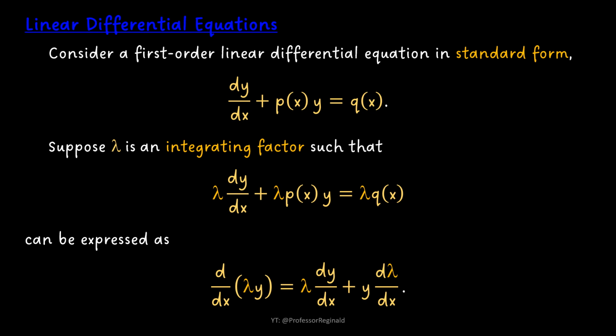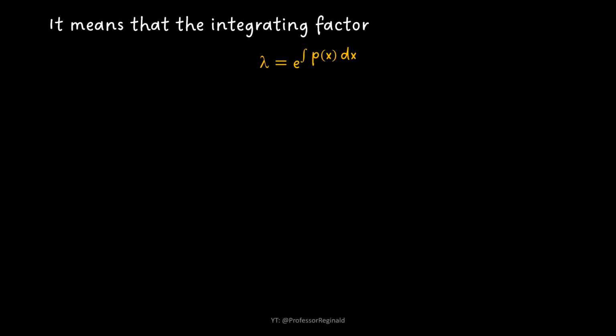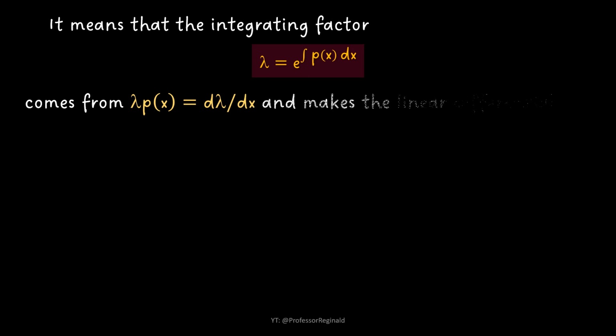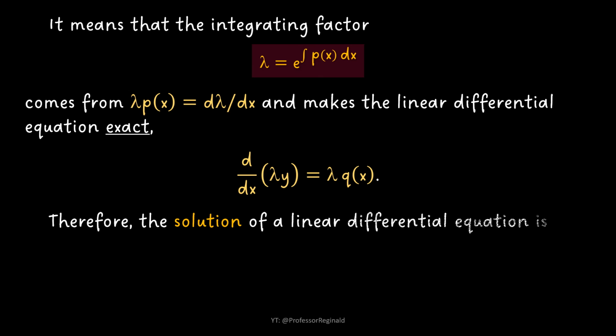There are two things to consider. First, because these two terms are identical, then these two terms must be equal. Second, because these two expressions are equal, these two expressions must be equal as well. It means that the integrating factor lambda comes from the equality of the two terms, and makes the linear differential equation exact. Which means the following equality holds. Therefore, the solution of a linear differential equation is